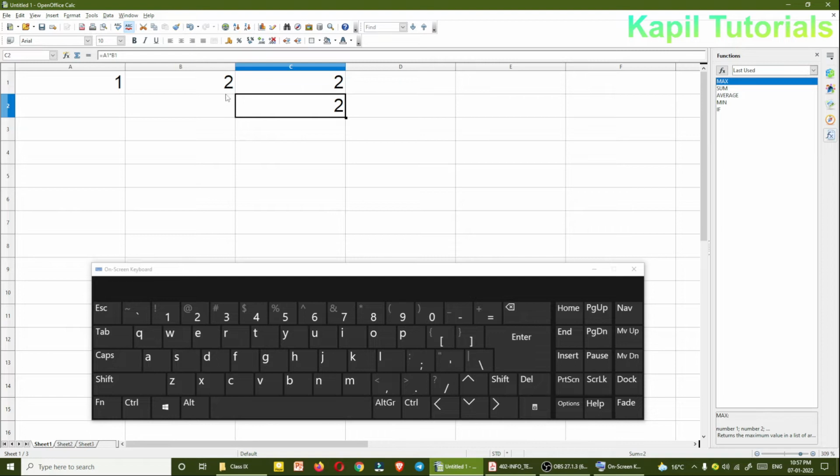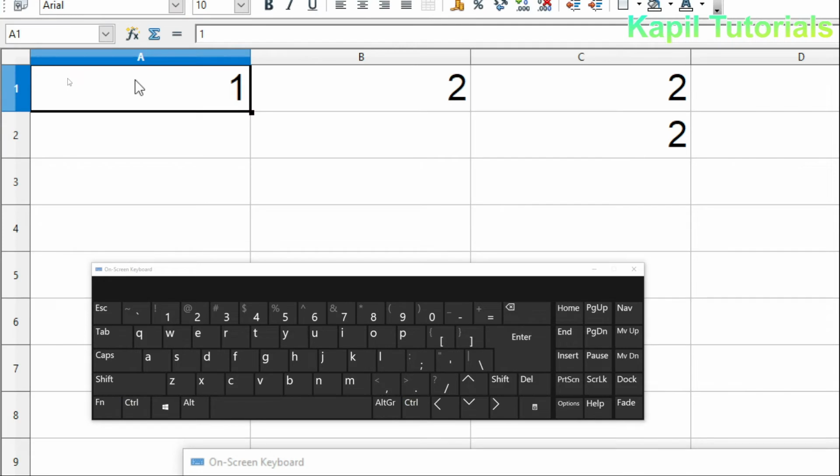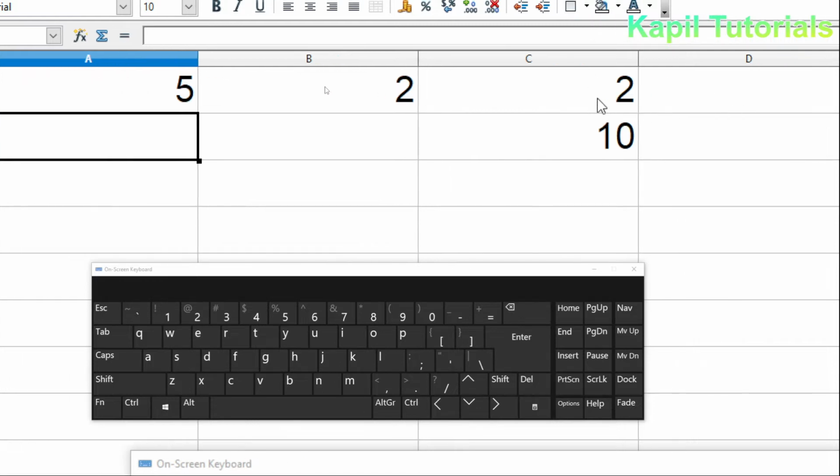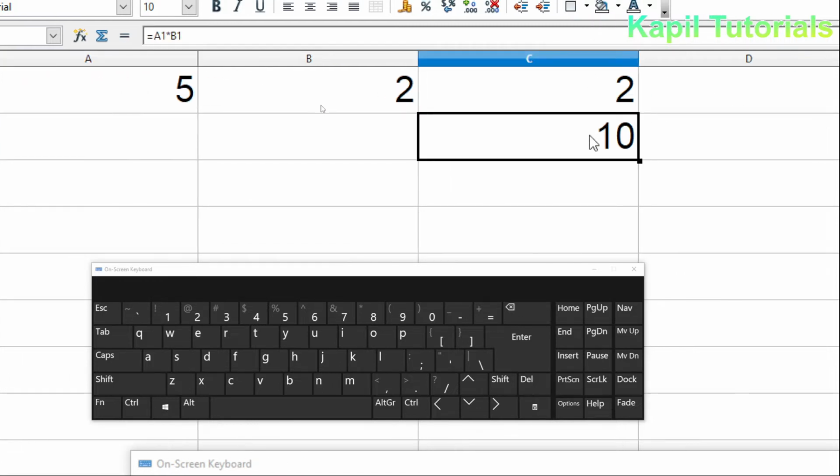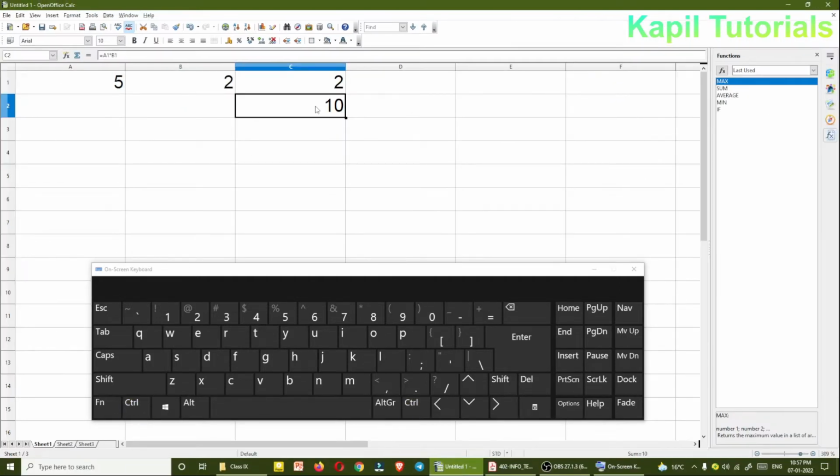Now suppose I change the number in cell address A1 to 5. Now just see the difference. If I press it, here still 2 is coming, but here 10 is coming. Now why is 10 coming? It is coming because here I am using cell address A1 multiplied by B1.